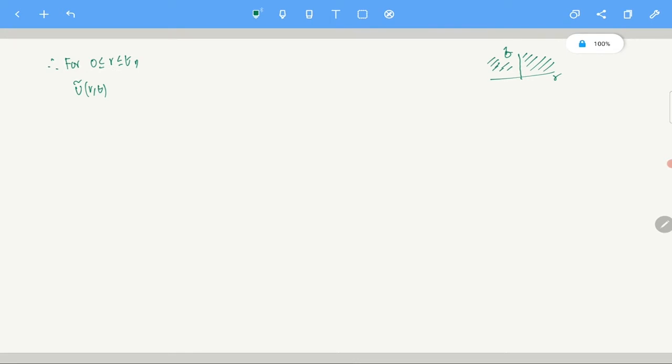So r is between 0 and t, and ũ(r,t) will look like half of g̃(r+t) minus g̃(t-r), plus half the integral from t-r to t+r of h̃(y) dy. Clear? This is by D'Alembert. Of course this holds for any r in R and t positive.